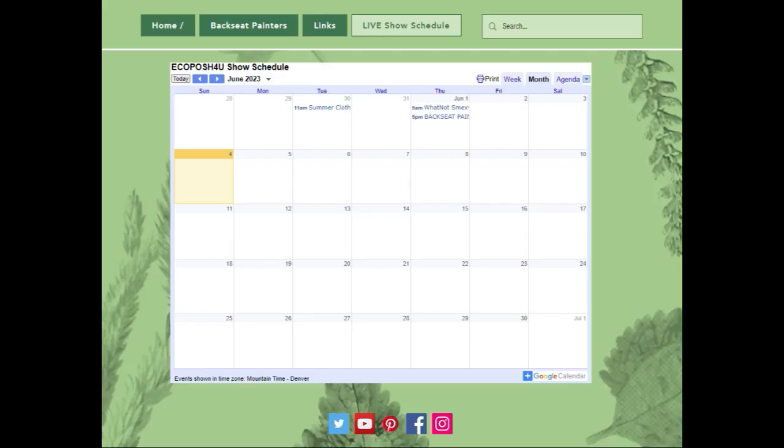It's useful also for keeping up with time zones. I know I like to make flyers, and I know other people like to make flyers, or at least put in the description what time the show starts in other time zones, because time zones can get so crazy and we all live in different time zones. So that's another thing that the Google Calendar is really good for. Another thing that it's really good for is